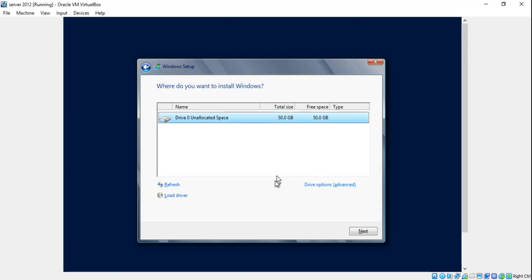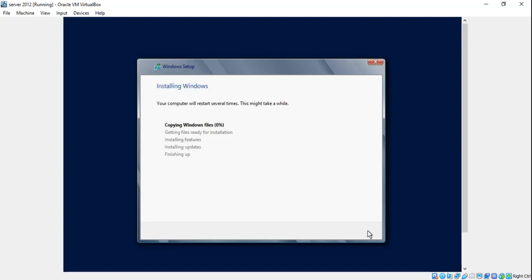Okay, no need to create a new partition. You can directly click on next. Now it's starting the rest of the process. Again, it will take around 10 to 12 minutes to get all files ready and install the updates and finishing up and all. So we will pause this video.